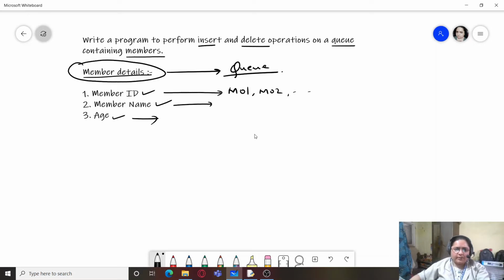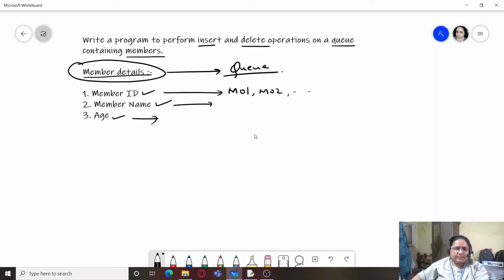So let's see how we can do that. The very first thing we need here is member details. Let us take the case of a member, and every member we will represent in the form of a dictionary. So we will be integrating dictionaries in our program.